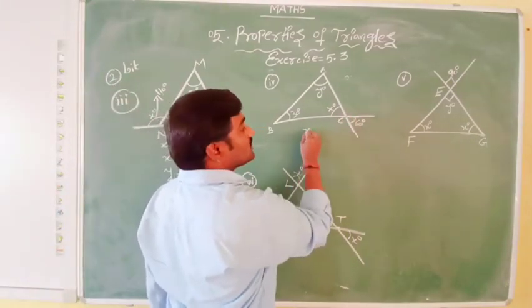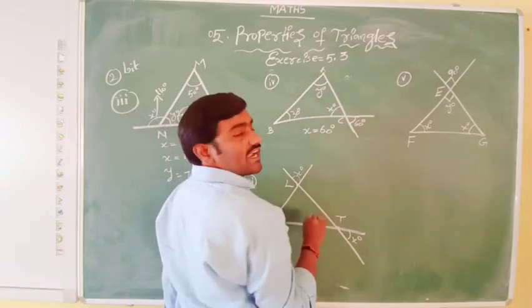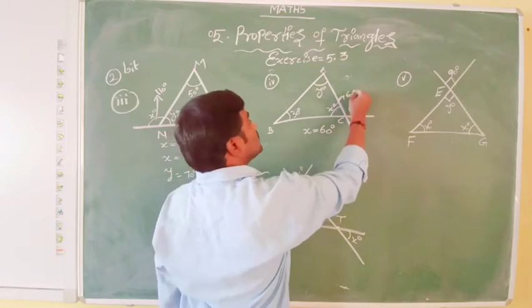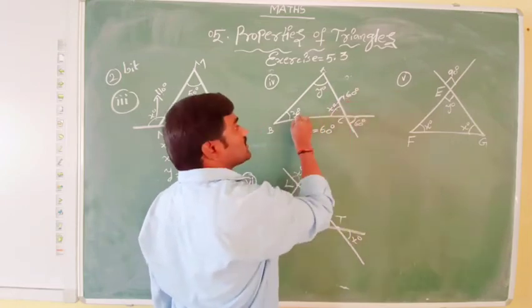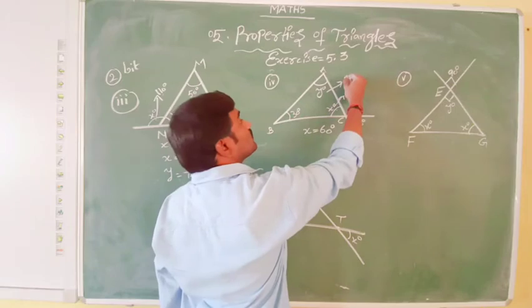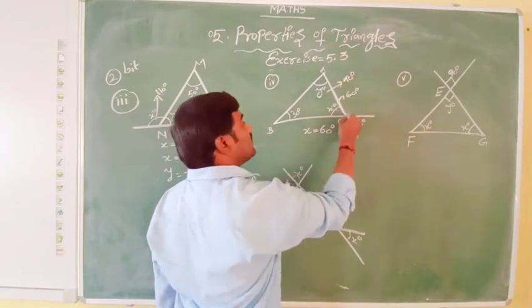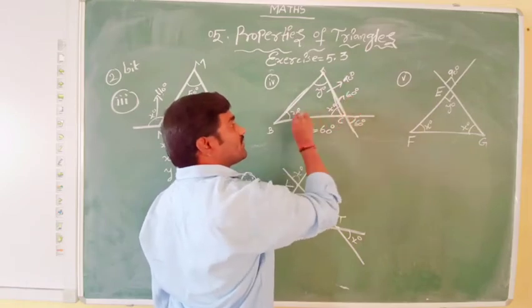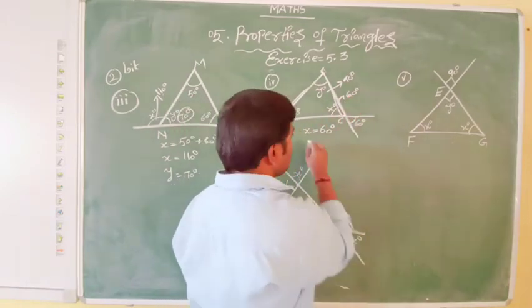Now next, see that vertically opposite angles are equal. Here x and 60 degrees are vertically opposite angles, so they are equal. So x equals 60 degrees. Here 60 plus 30 is 90, so y should be equal to 90, then only it forms a triangle. 90 plus 60 is 150, 150 plus 30 is 180, finished. Then y equals